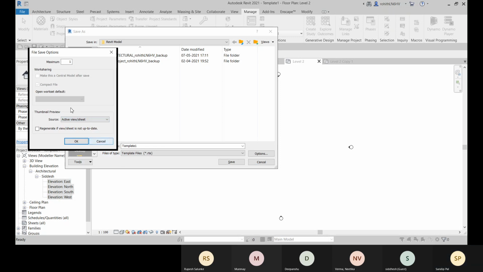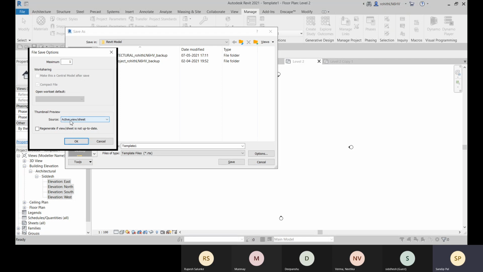Okay, so you understand what the thumbnail preview is. In the recent files list, you see some images for the files, which are set as the thumbnail preview. There you can choose the 3D view, or here it is the active view or sheet.